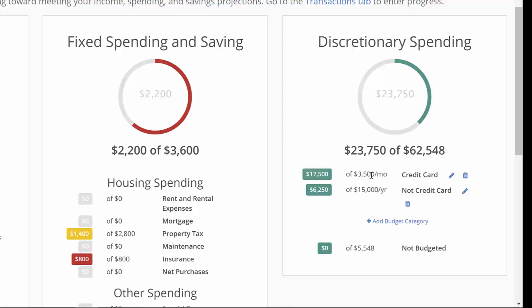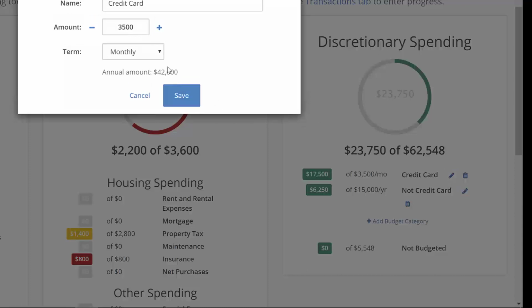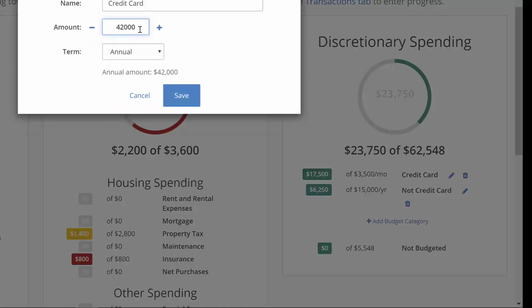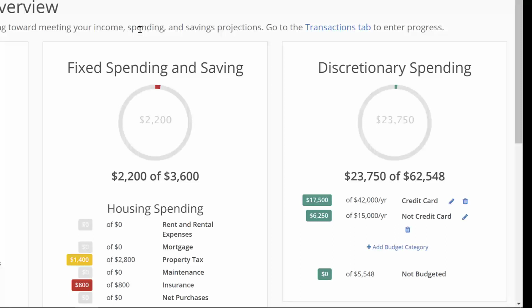$17,500 out of, well, let's edit that. It's $42,000 a year, so let's change that to annual and change this to $42,000 and save it. And so now my rows here read 17.5 out of 42 and 62.50 out of 15. That makes a little more sense to me. All right,